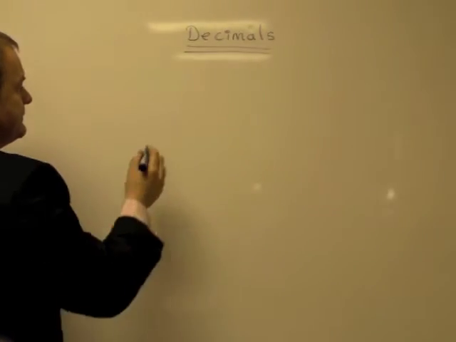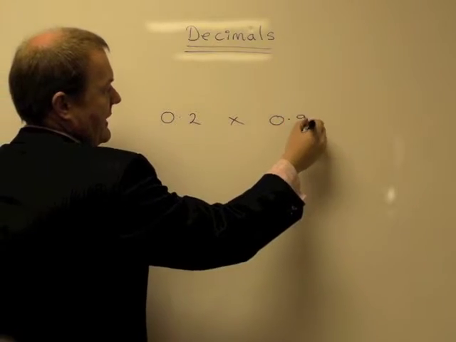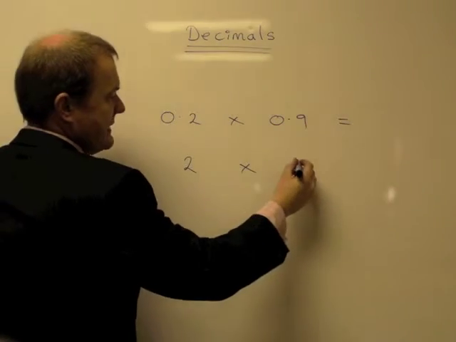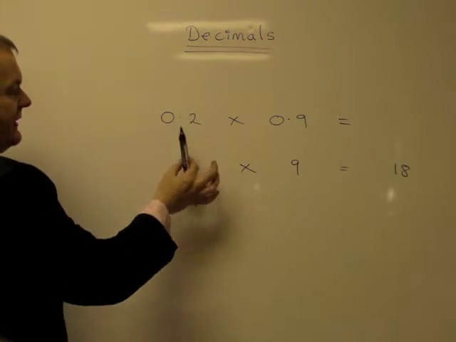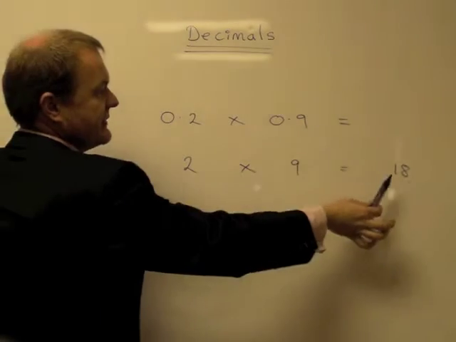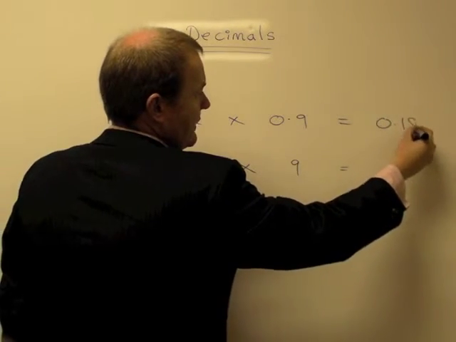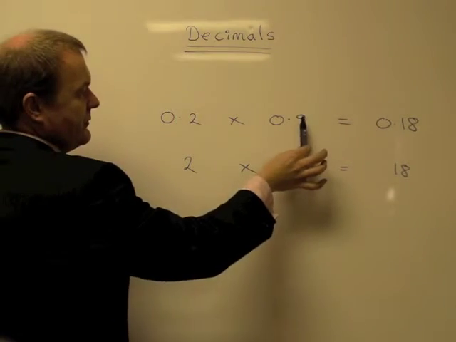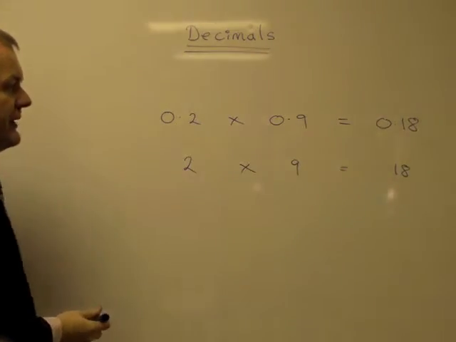Another example, 0.2 times 0.9. So we know that 2 times 9 will equal 18. So we've scaled that by 10, that by 10, so we have to scale back by 100. So that's 0.18. So we've got one decimal point moved there, one decimal point moved there, so we're going to have to move it back 2 decimal points to get